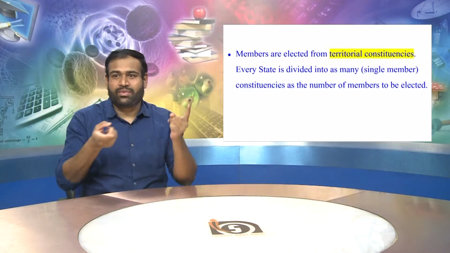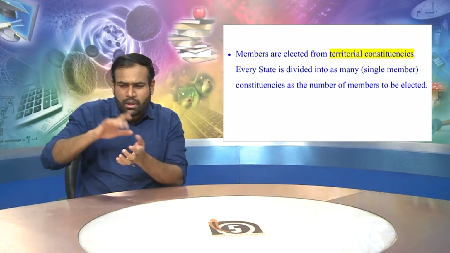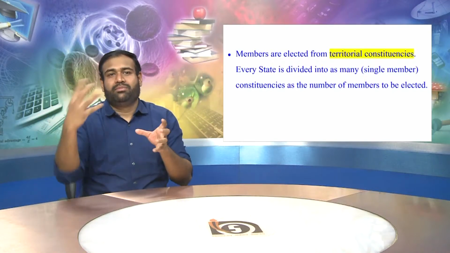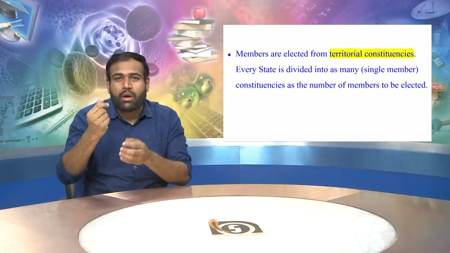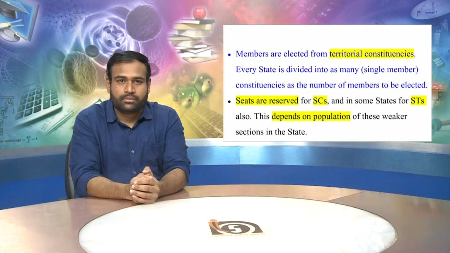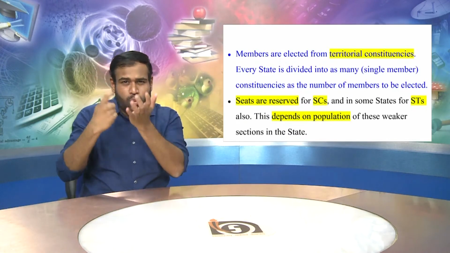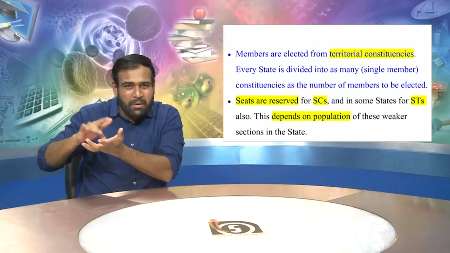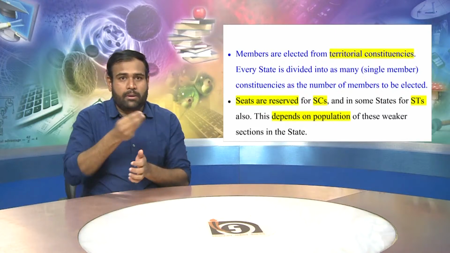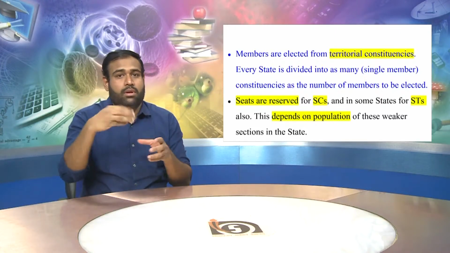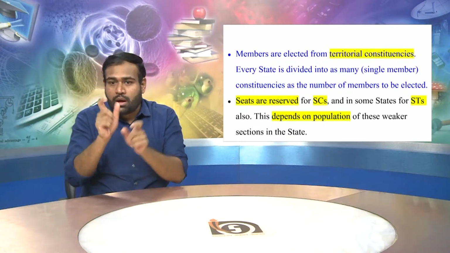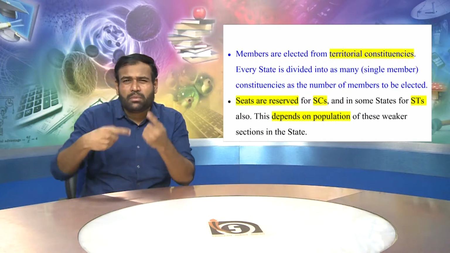Members are elected from territorial constituencies. Every state is divided into as many single member constituencies as the members to be elected. See, seats are reserved for SCs and in some states for STs also. This depends on the population of these weaker sections in the state. हर स्टेट में SC and STs के लिए सीट रिजर्व्ड है। ये डिपेंड करता है उनके स्टेट में कितनी पॉपुलेशन है।